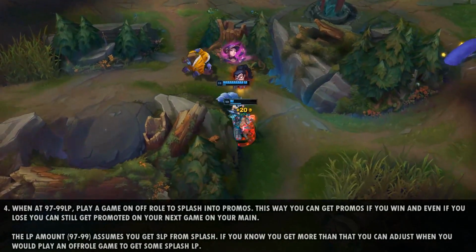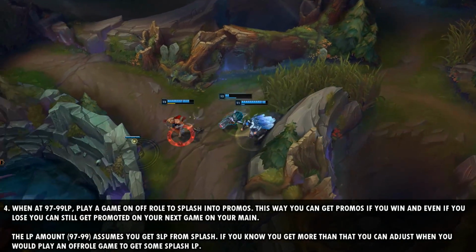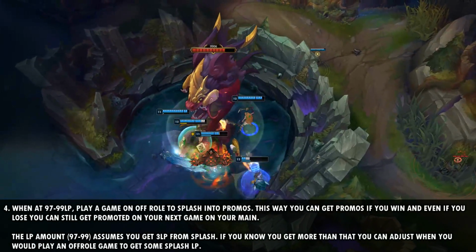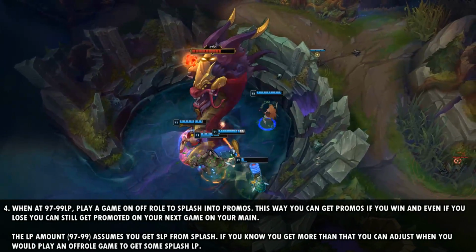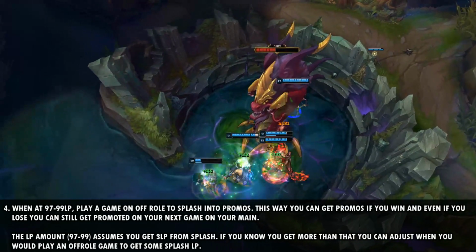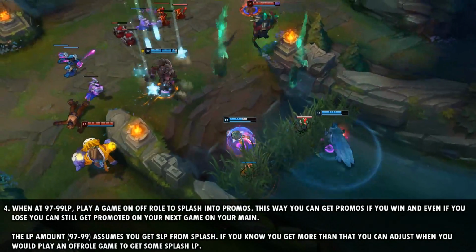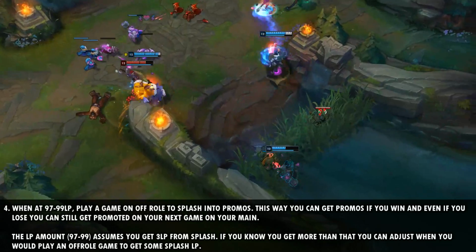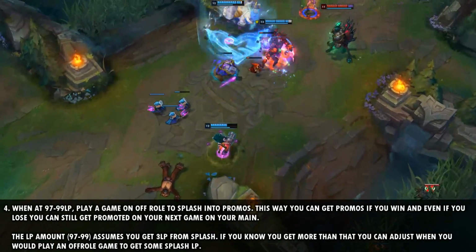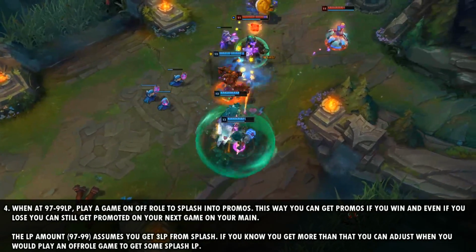So these next few tips here have to do with Splash LP and ways that you can utilize Splash LP to give yourself an advantage. So if you're sitting at 97 to 99 LP, then playing a game on your off role to try to splash into your promos is actually a really good idea, because this way you can get into your promos if you do win your off role game from the Splash LP. And if you lose that off role game, you don't really lose anything at all, because you're only going to lose 3 LP on your main,